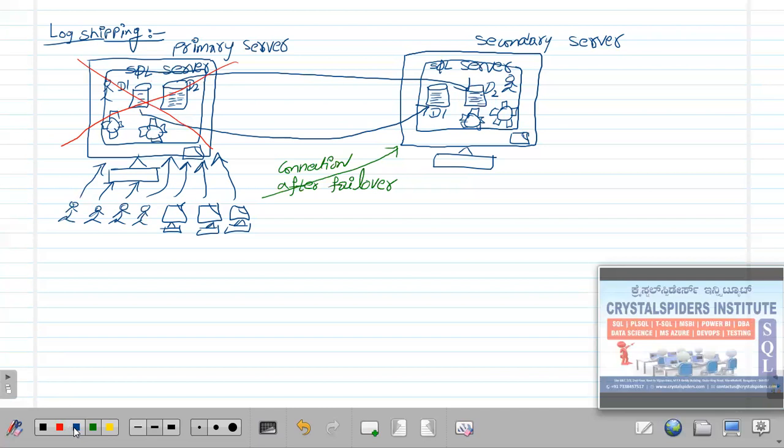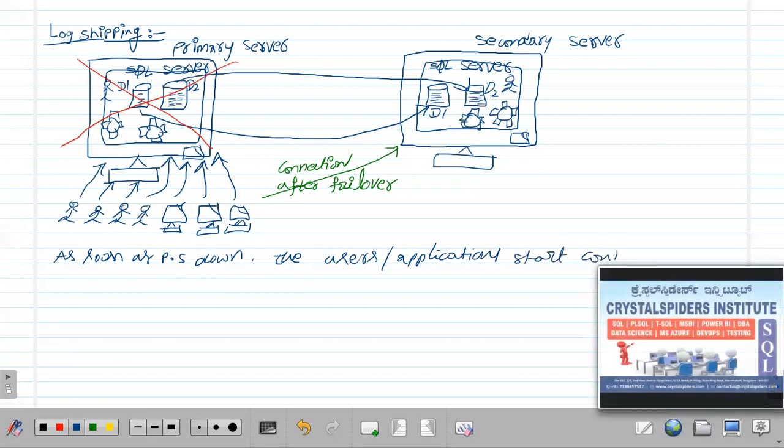Now I'm going to talk about this one. As soon as the primary server is down, meaning it is not available for access, the users and applications will start connecting to the secondary server.